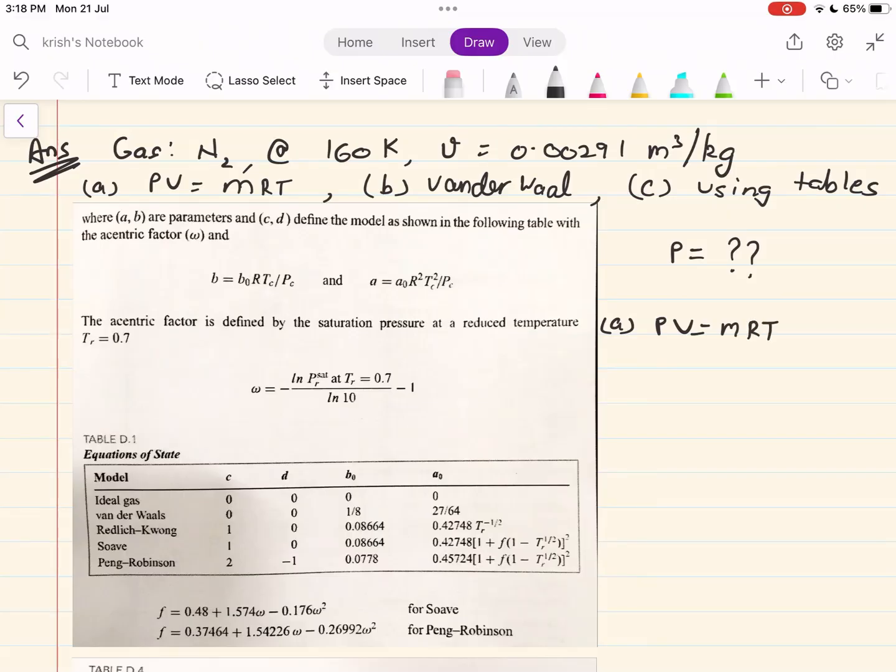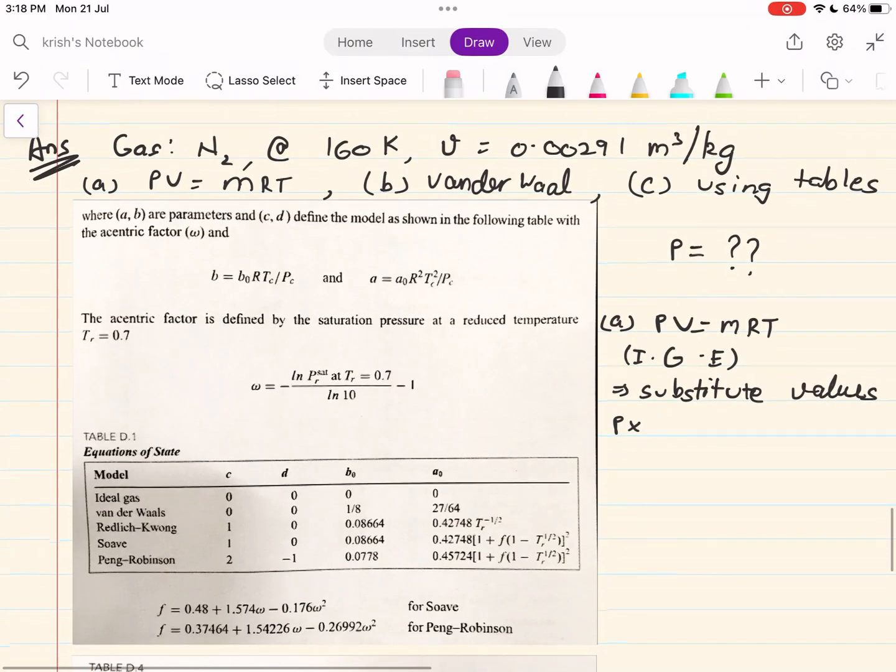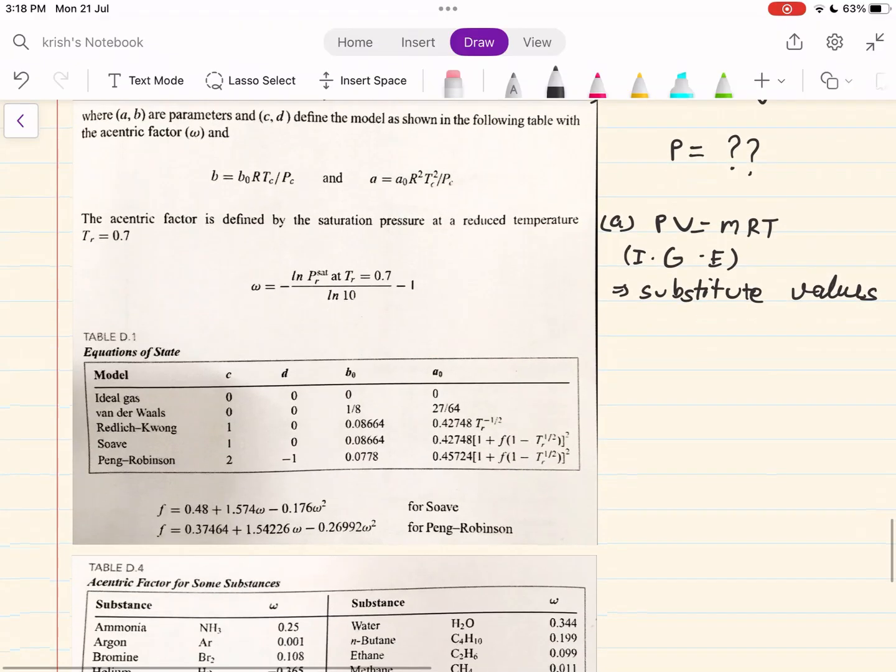It's very simple. Yeah, PV equals to mRT is our normal ideal gas equation. We've done this thousands of times. I'm pretty sure that we all know how to do it by now. So what we do is substitute values straight away. So P into a specific volume